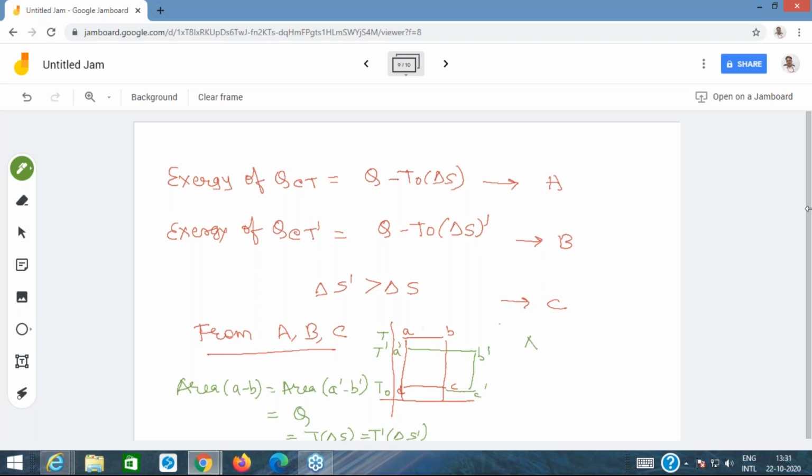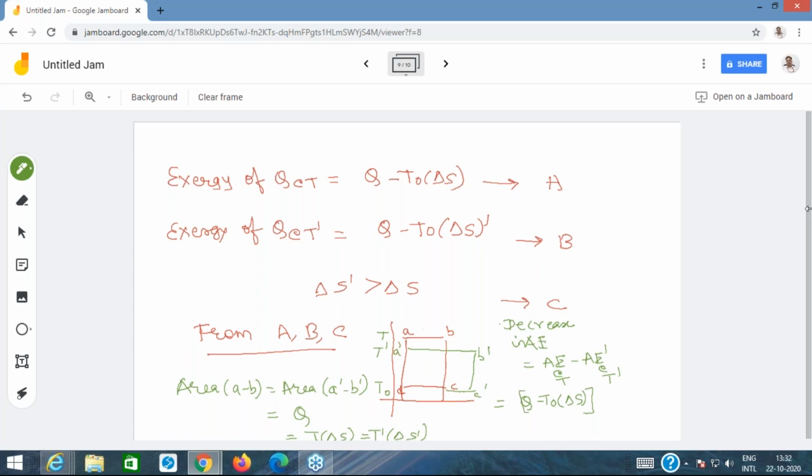Available energy has decreased. The decrease in available energy would be available energy at T minus available energy at T dash. And what is the available energy at T? So look at it now. It is Q minus T naught into delta S